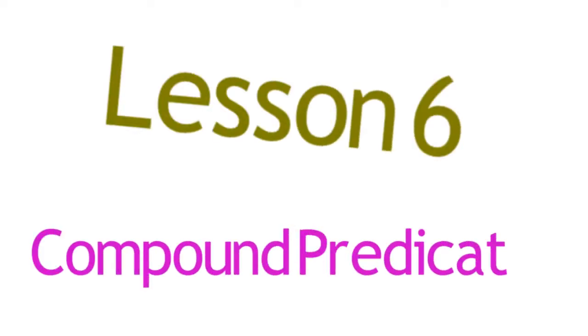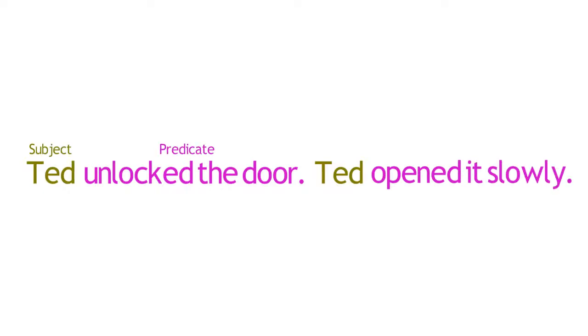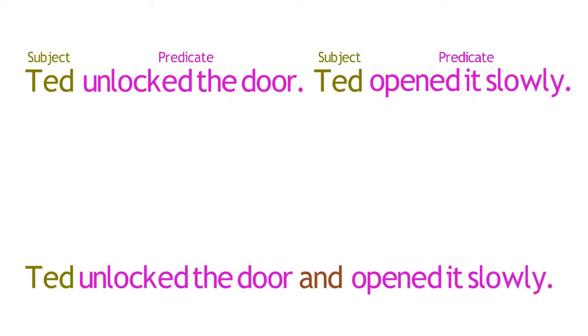Lesson 6. Compound Predicates. Consider these two sentences. Ted unlocked the door, and Ted opened it slowly. While these sentences are both grammatically correct, the repetition of the subject Ted is a bit awkward and might be considered unsophisticated. An improvement here would be to combine them both into a single sentence, containing a single subject but